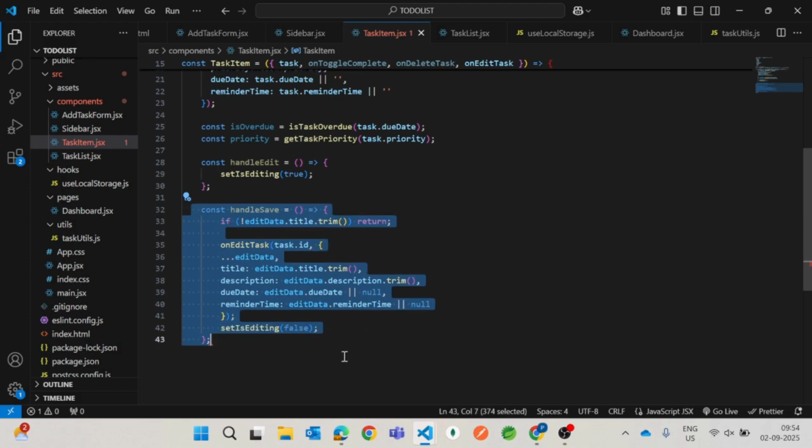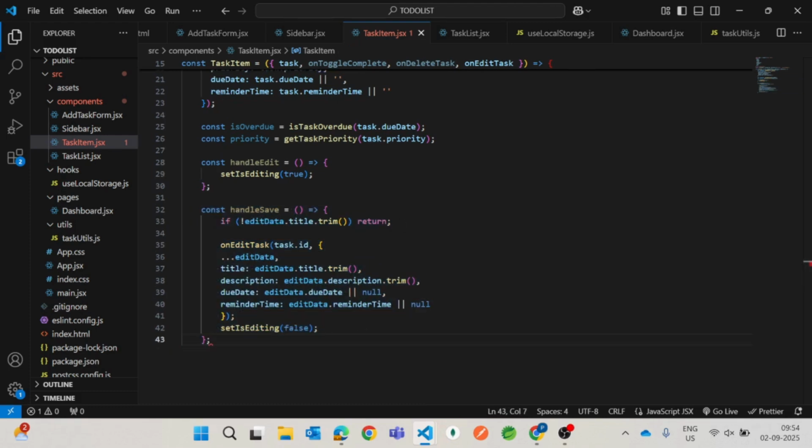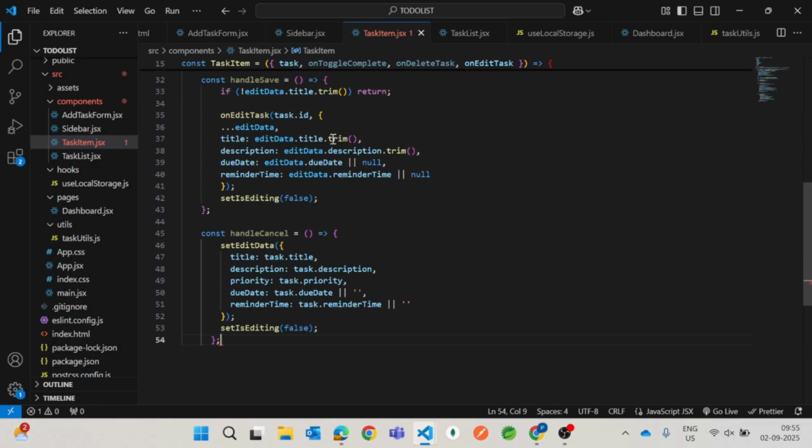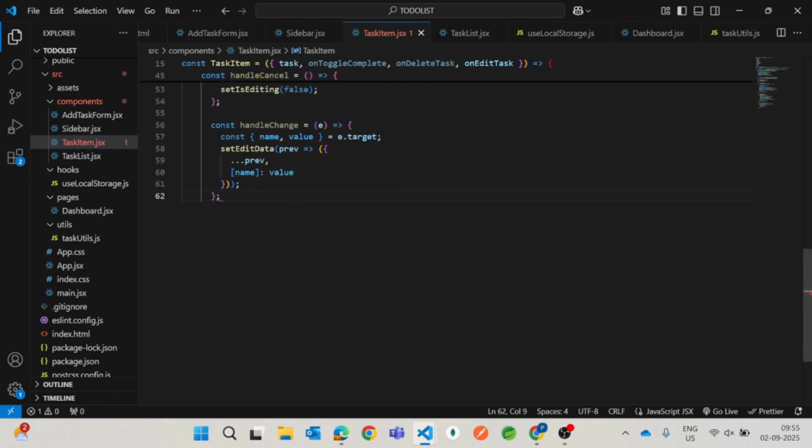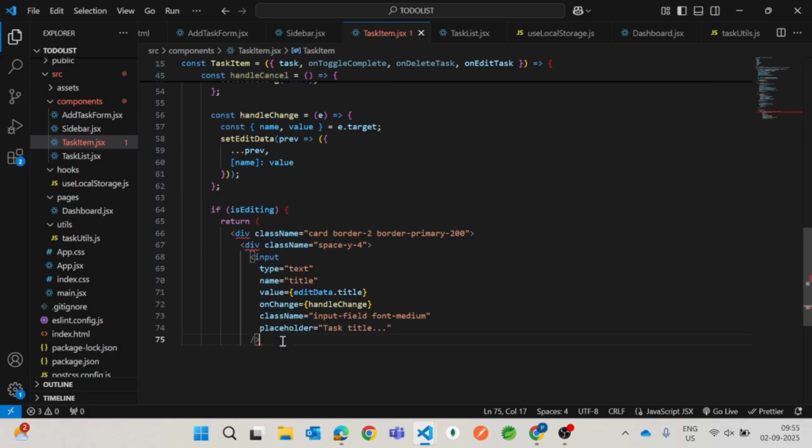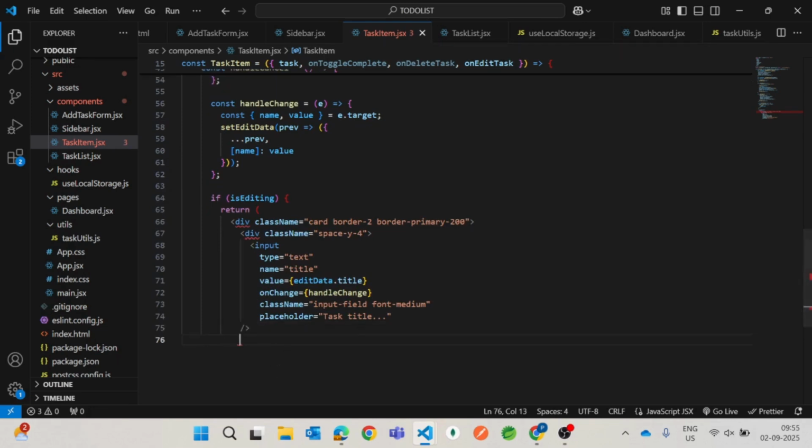Make sure the indentations are correct. And then we have const handleCancel, const handleChange, then if isEditing, then we have textarea,